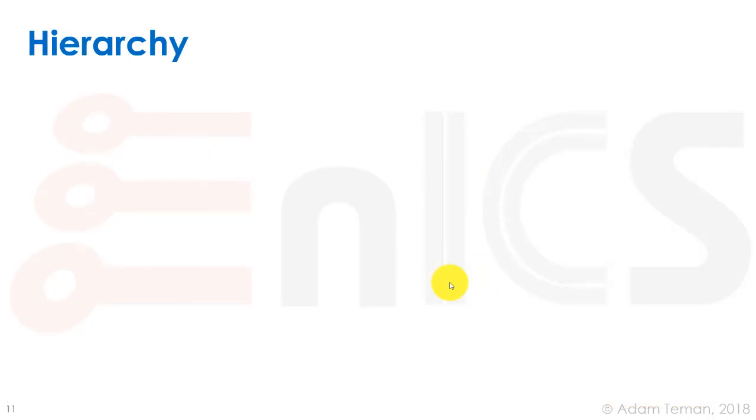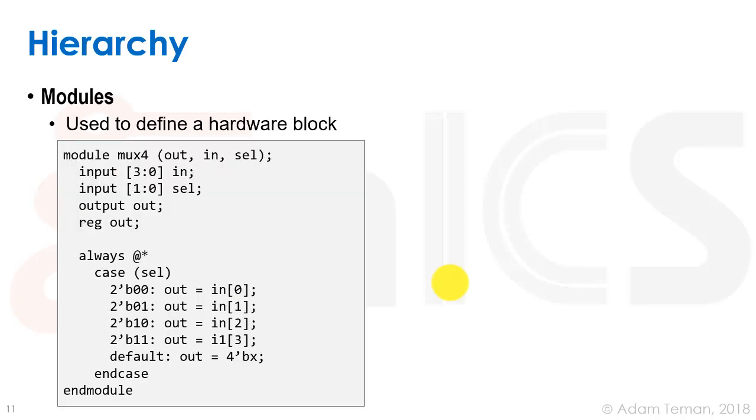Okay, now I'll discuss how we write a module in Verilog and how we instantiate hierarchy. A module is used to define a hardware block. So how do we make a full MUX, for example? We have this MUX4, okay? And the MUX4,